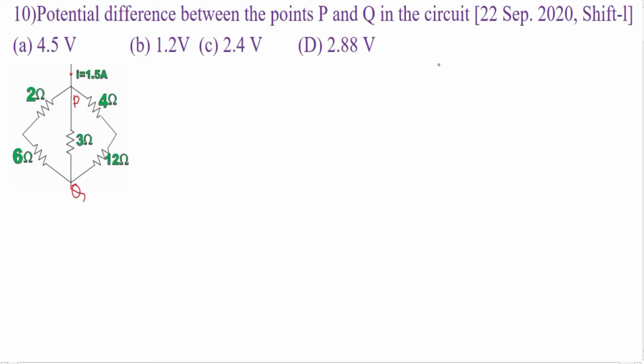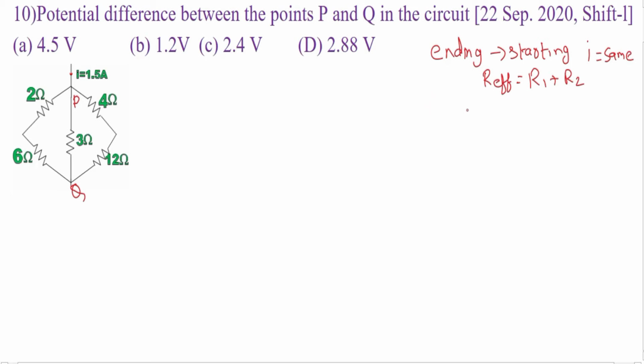Now, when will you say that two resistors are connected in series? We'll say that two resistors are connected in series if the ending of one resistor is connected to the starting of the other. That is one condition, and the other condition is that the same current should flow through the two resistors. Then we'll say that these two resistors are connected in series. If two resistors are connected in series, then the effective resistance is R effective equal to R1 plus R2, where R1 and R2 are the resistance values of the two resistors.